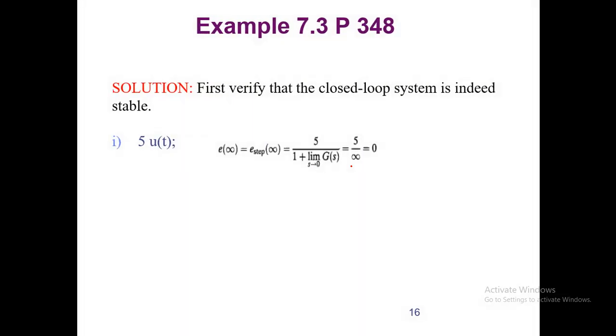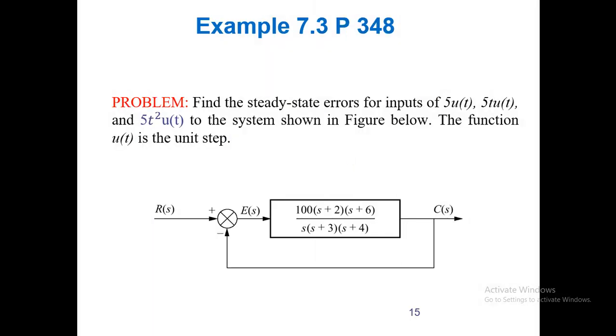It is also mentioned over here that the first thing you have to verify is that the closed loop system is indeed stable. If it is stable, then you move forward. Now if you put this 5, which represents a numerator, and apply the limit as s approaches 0, this g of s will become infinity. How? Let's see. If you put s equal to 0, the numerator will become